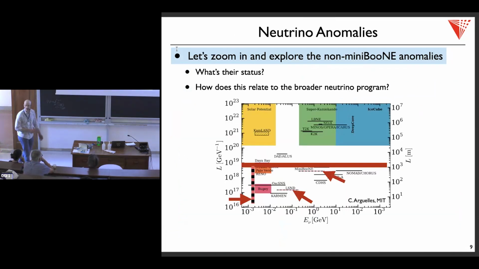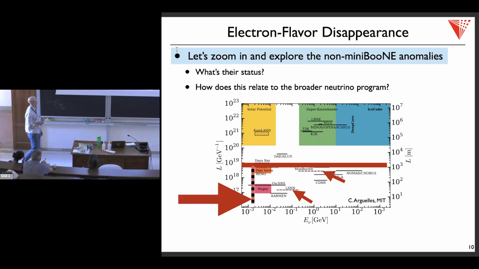Okay, so that's a very short motivation for why we do this, and why we look at these anomalies. My goal here today is to talk to you about these anomalies, leaving out the one that Georgia already talked about on Monday. I'm going to tell you what the status is as an experimentalist, and try to relate this to the broader neutrino program and the short baseline neutrino program worldwide. First, I'm going to look at this line down here.